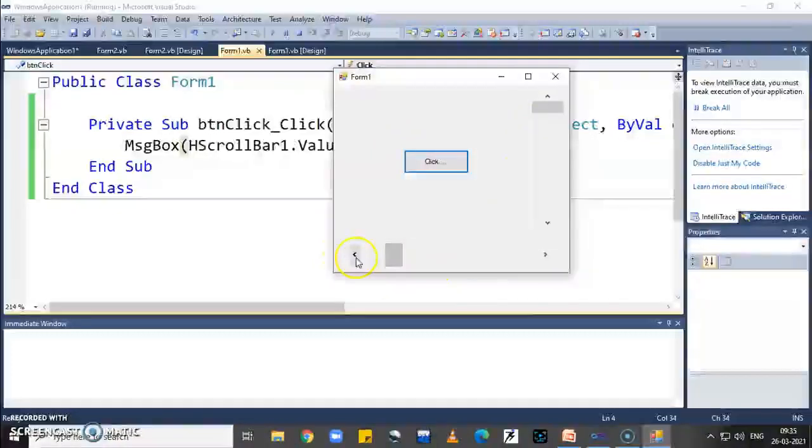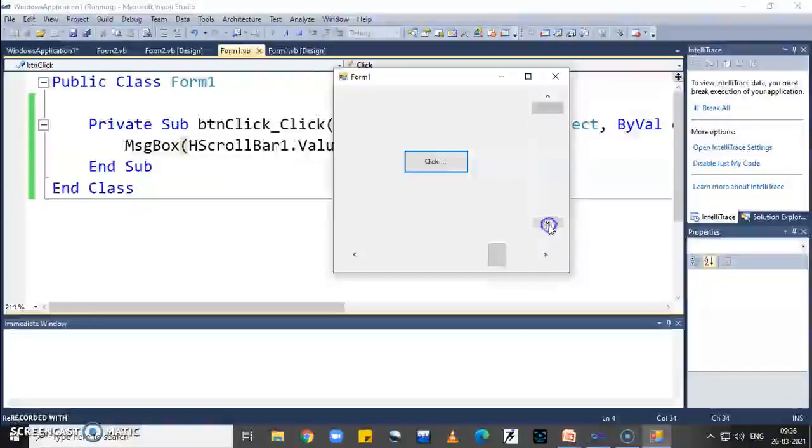Now second thing, whenever we click on this arrow, it increments the value of H scroll bar by 10 means small change. And whenever we click on indicator of horizontal scroll bar, then it change the value of horizontal scroll bar with the large change means 100, every time 100 movement occur.